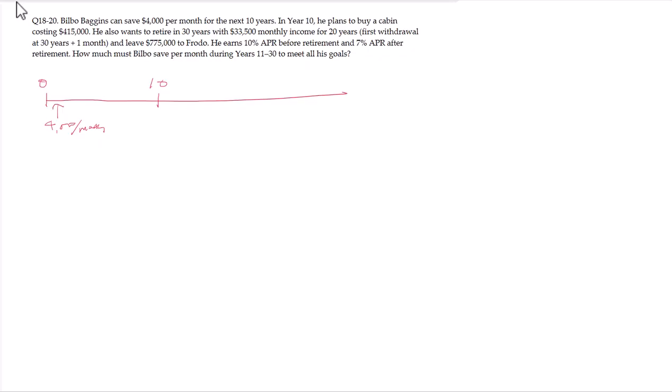He also wants to retire in 30 years. So from year 0 to 30 will be like here. He would like to retire in 30 years, and from then on, he would like to withdraw $33,500 a month for the next 20 years. So from year 30 to the following 20 years, until year 50, he would like to withdraw $33,500 every month. And of course, the first withdrawal would be at year 30 plus 1 month, meaning that